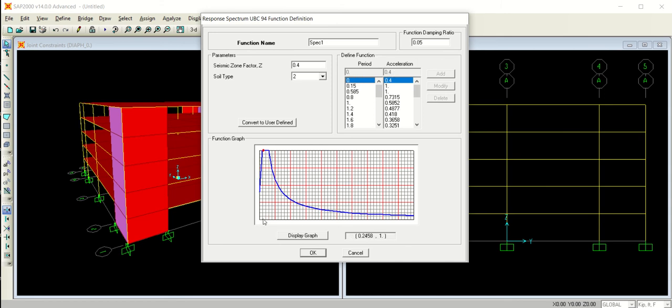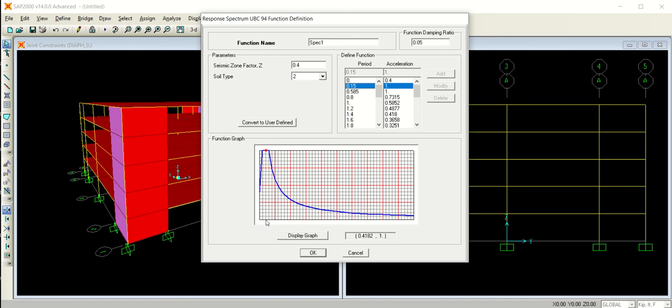When I am moving forward at this point, at x equal to 0.15. By the way, on x-axis the values are time period, and on y-axis this is the value of acceleration in terms of g. So when I'm moving forward, for example, at this point 0.15 time period, the acceleration is